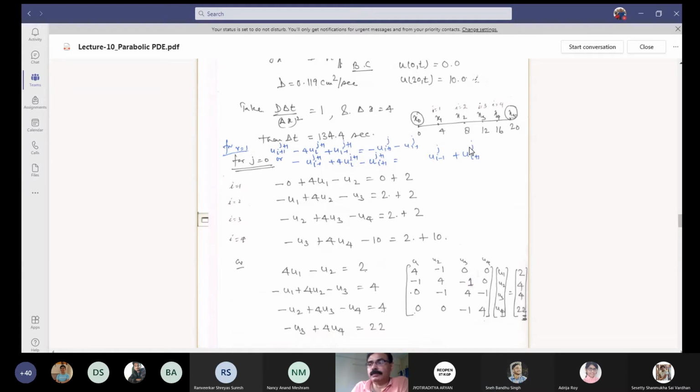Again, you will get four equations, for i equal to 1, i equal to 2, i equal to 3, i equal to 4. And wherever you face the trouble that there is a boundary condition and an initial condition both at the same variable, you have to take the average of the two if both are not matching. If they are matching, the average will still be the same. Is that right? Yes, sir.